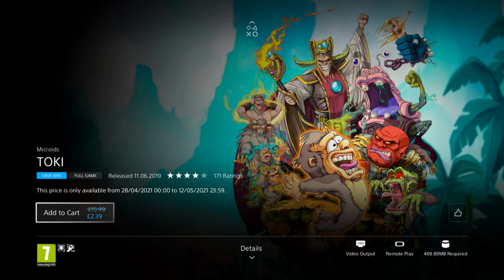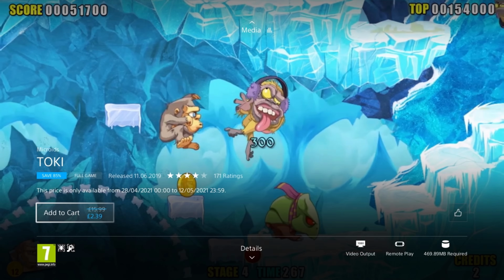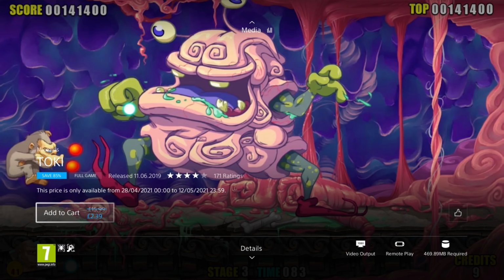Another old school game next, Toki. It was released in 2019, so it's 2 years old, and it's on an 85% discount for the price of £2.39, which is dirt cheap. This is an action platformer based on a Mega Drive game from way back in the day, where you play as Toki, who gets turned into an ape by the evil sorcerer Vuki Medlo, who runs off with your sweetheart Miho. Now you must travel through the lands to defeat the evil sorcerer and his minions in order to rescue